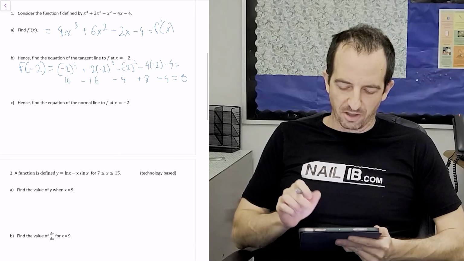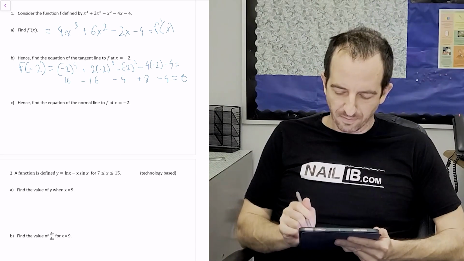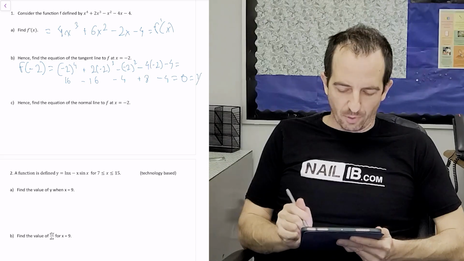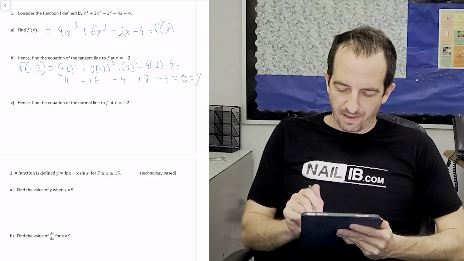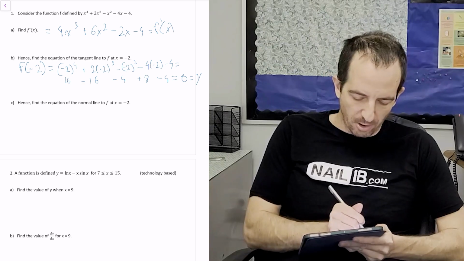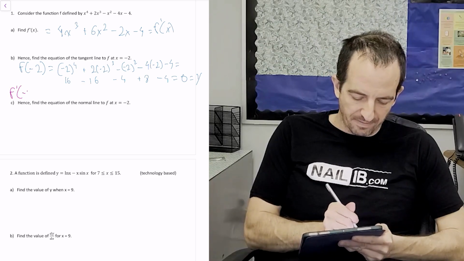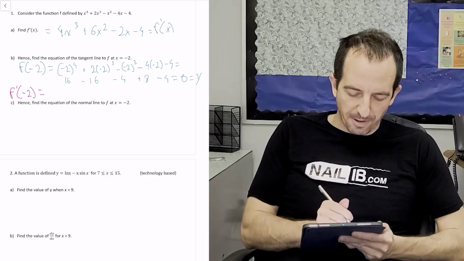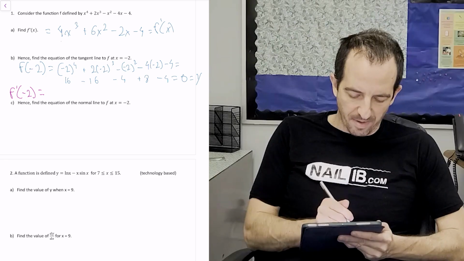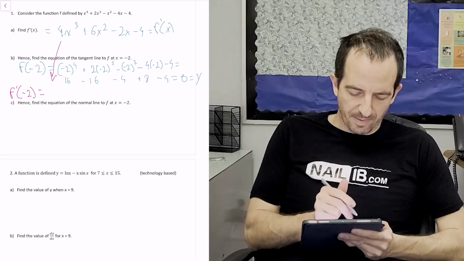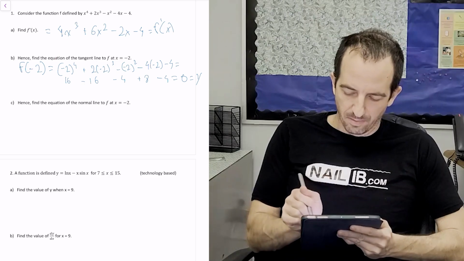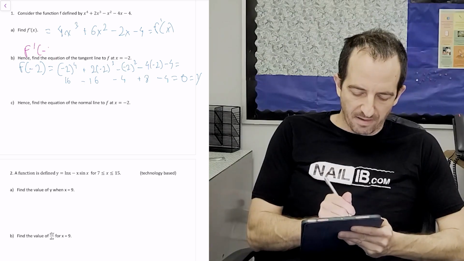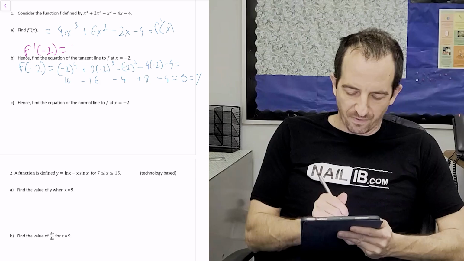We're looking at the function at -2 comma 0, and the 0 is our y value. Now let's figure out the slope at this point. The slope at this point, f prime at -2, comes from plugging into our derivative above. Let me do it right here so we have the room. f prime of -2 is equal to 4 times